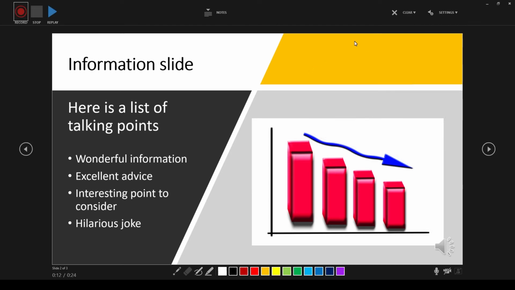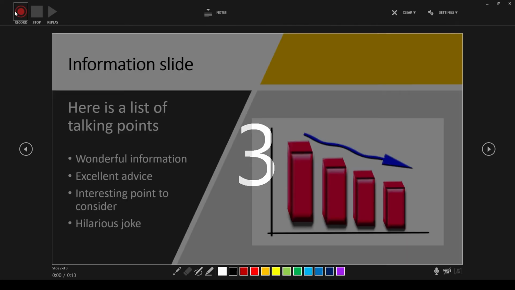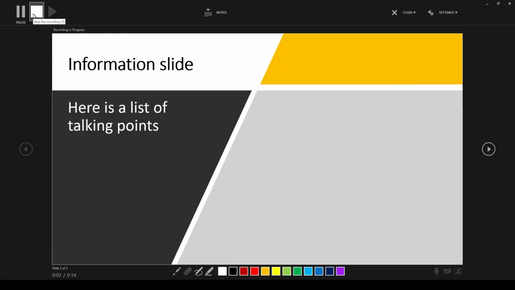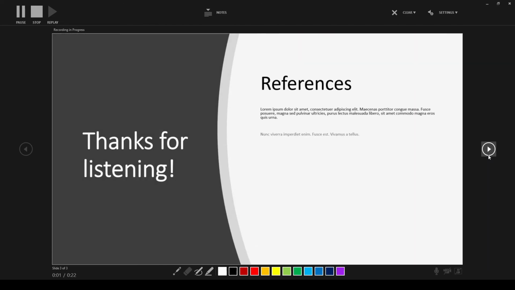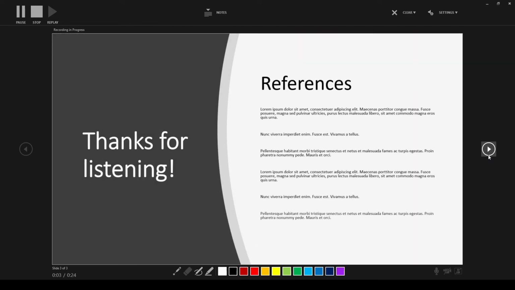If you make a mistake, you can use the Clear button to erase the recording for the current slide, then re-record. Be aware though, that if you re-record slide 2 for example, and accidentally advance your slides too far and end up on slide 3, it will consider that a fresh slide 3 recording as well, and erase what you already had. For this reason, it is a good idea to record narration for your slides in order, only moving on once you are happy that what you already have is correct.